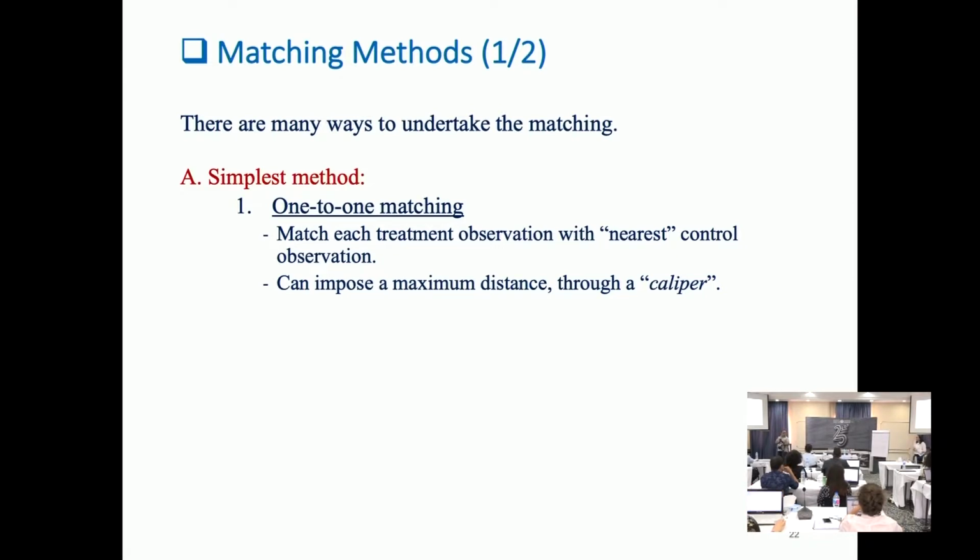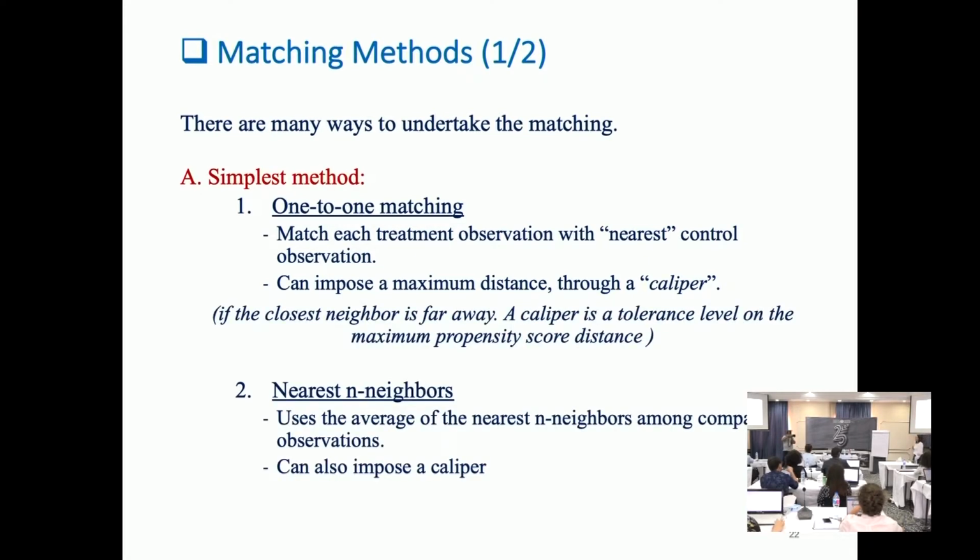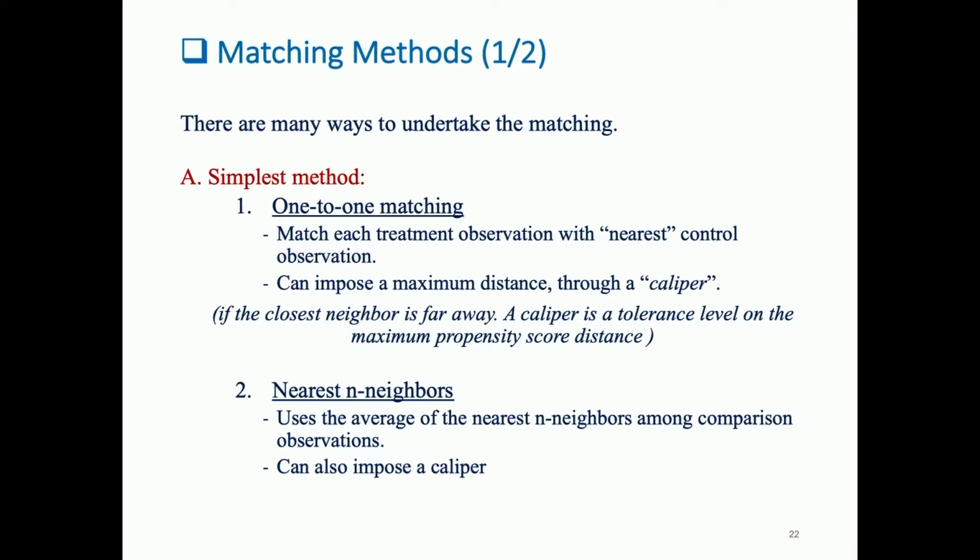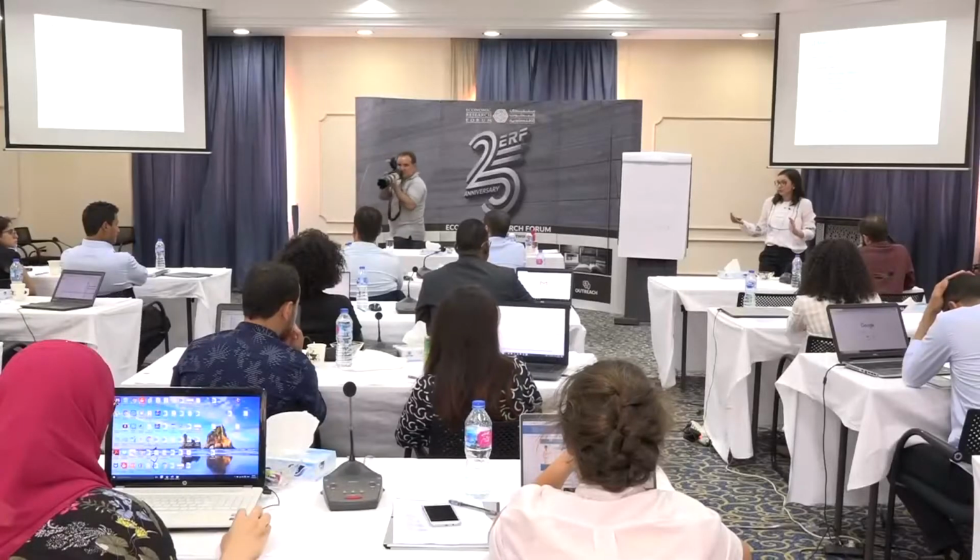Also, sometimes we can impose what we call a caliper. So a caliper is like a maximum distance, because also how will you decide the closest? So maybe you say, okay, the closest till, I don't know, 0.001 or 0.01. So you decide to make an interval, like you will not go further than this, because the further the observation is, the weaker the match between both observations. And again, all this will become difficult if you don't have a large enough common support area to